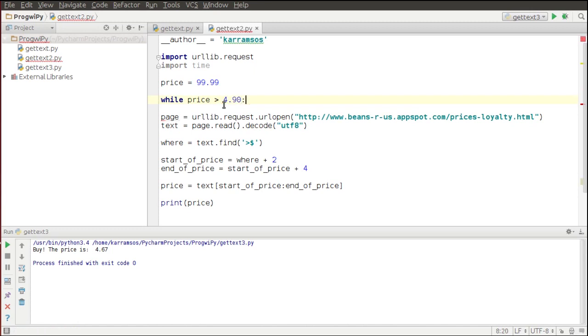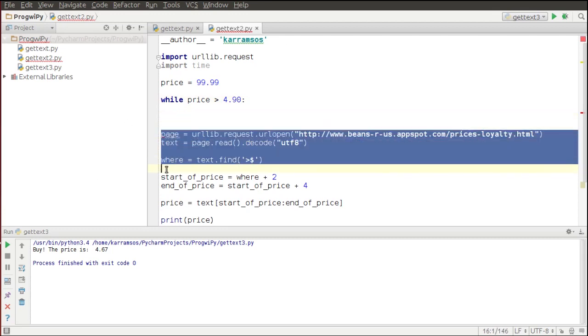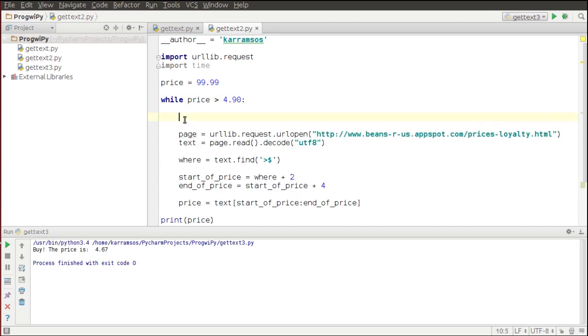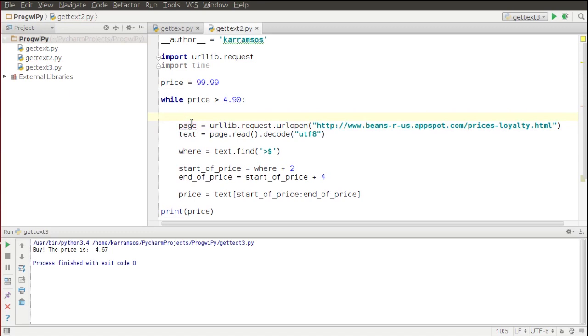Let's say while the price is more than 4.90, it will then, we need to indent everything here. This loop will only keep running while the price is above 4.90,